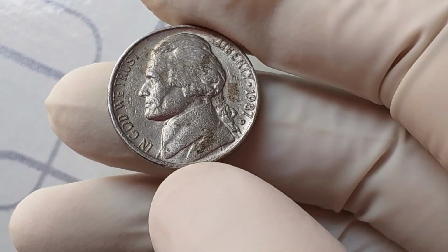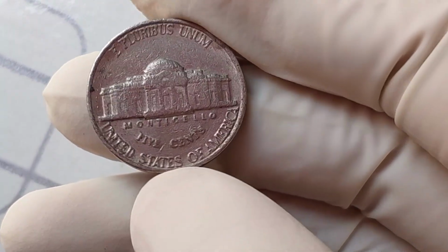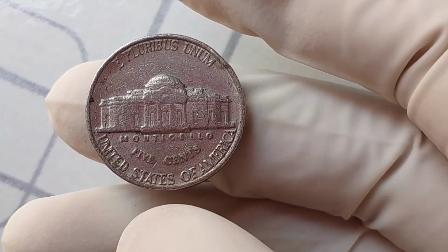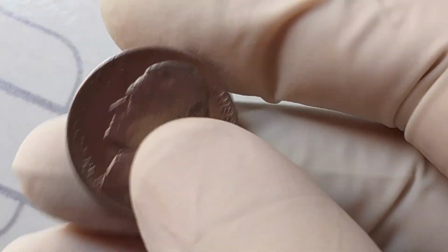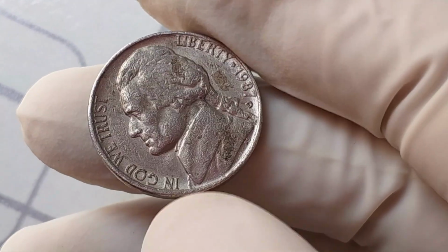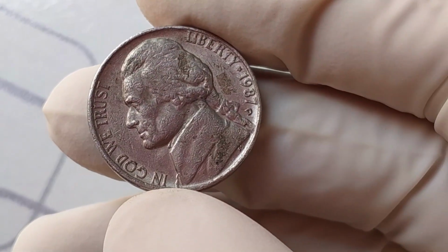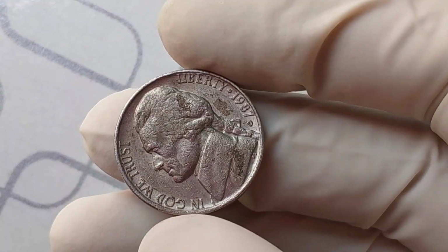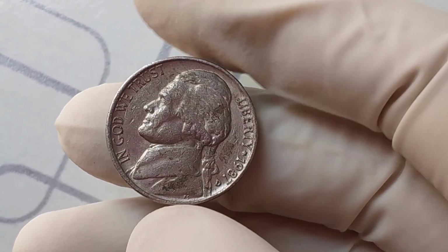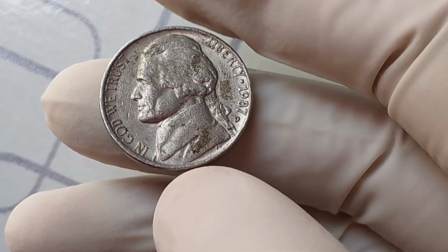For those thinking about investing in coins, the 1987 Jefferson nickel represents the ultimate example of numismatic investment. Unlike stocks or bonds, coins are tangible assets that carry historical and cultural significance. They are limited in supply, immune to inflation in a unique way, and can appreciate dramatically in value over time. The 1987 nickel exemplifies this principle perfectly, a small, seemingly ordinary object transformed into a multi-million-dollar treasure through rarity, condition,